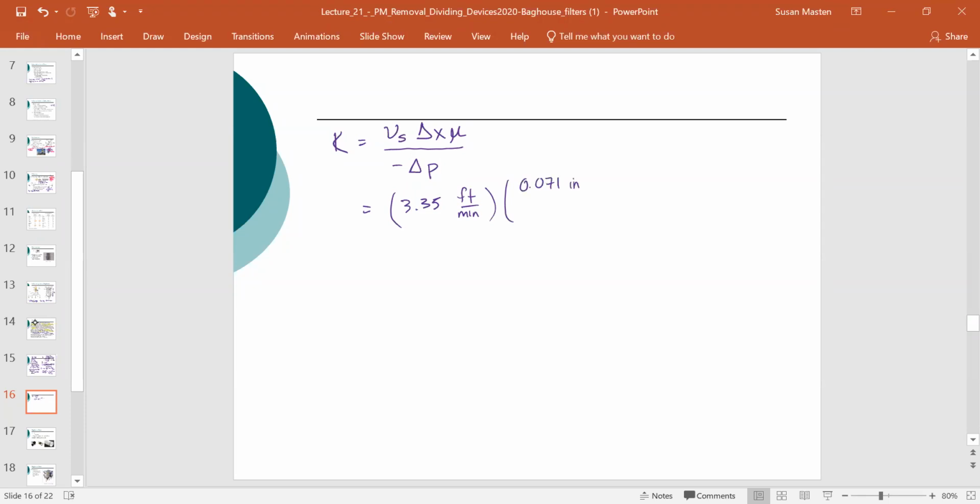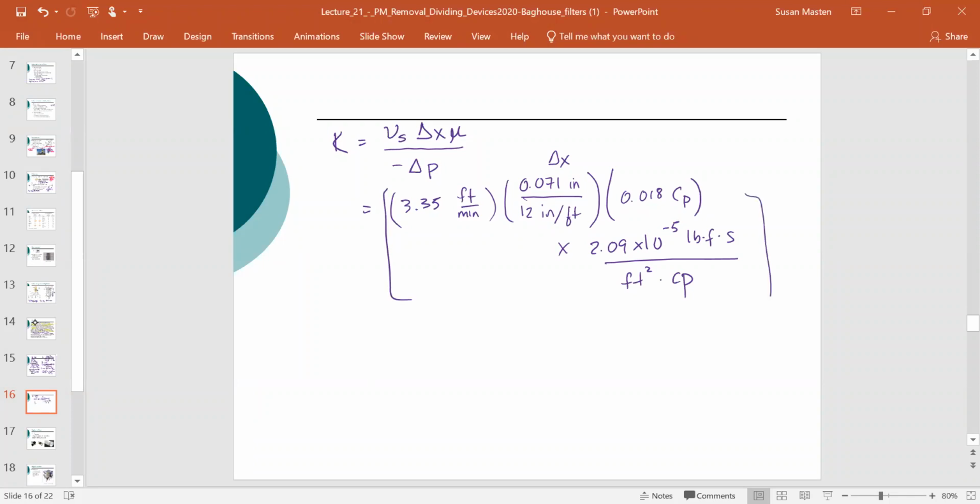0.071 inches divided by 12 inches per foot. So that was delta X, times the viscosity, times 2.09 times 10 to the minus 5. This is just a conversion, pound force second over pound squared CP. And now we will divide all of that